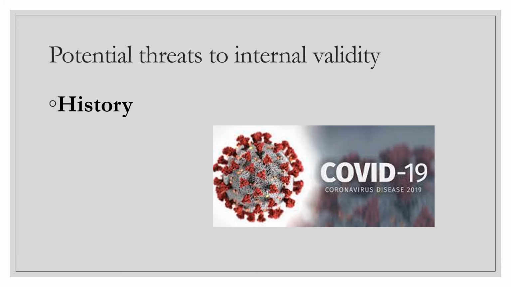Now let's take an example. Let's say you are trying to find out if respondents feel that vaccinations are important or not. Now before COVID, maybe there were many people who would have said, no, vaccinations are not important. But COVID being that noteworthy event in the community might change some of the people's perceptions or abilities or emotional state, making them feel that vaccinations are important for us to survive. So this is an example of how history can be a threat to the internal validity.